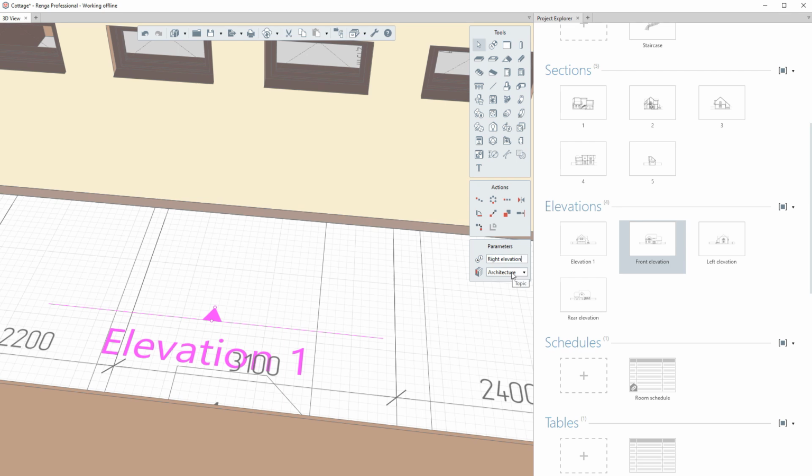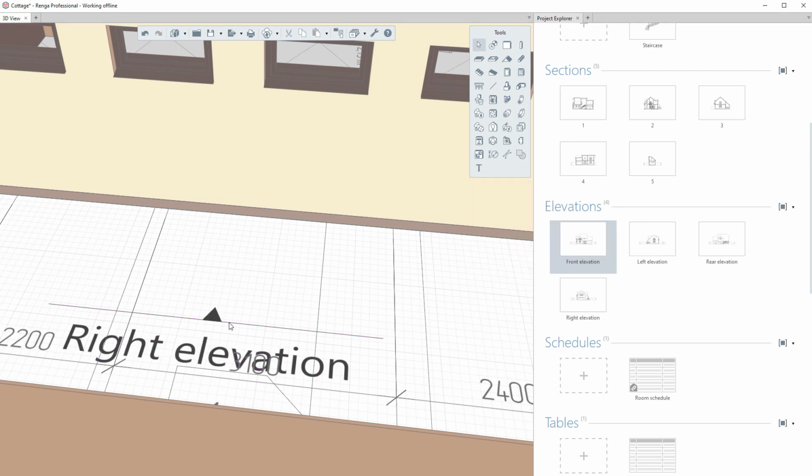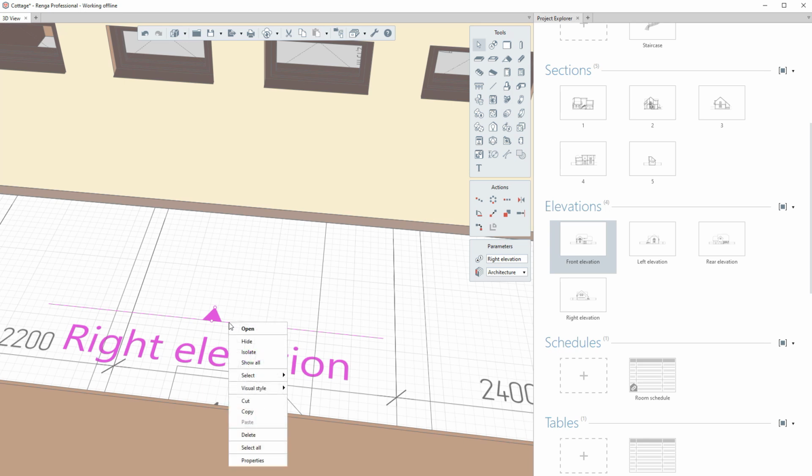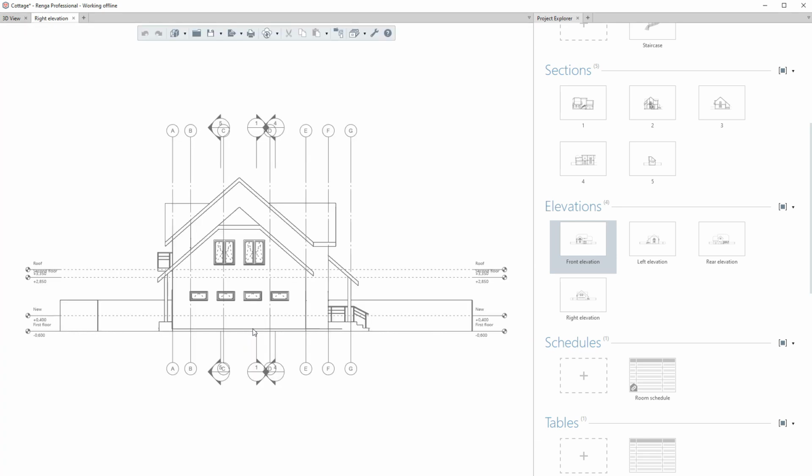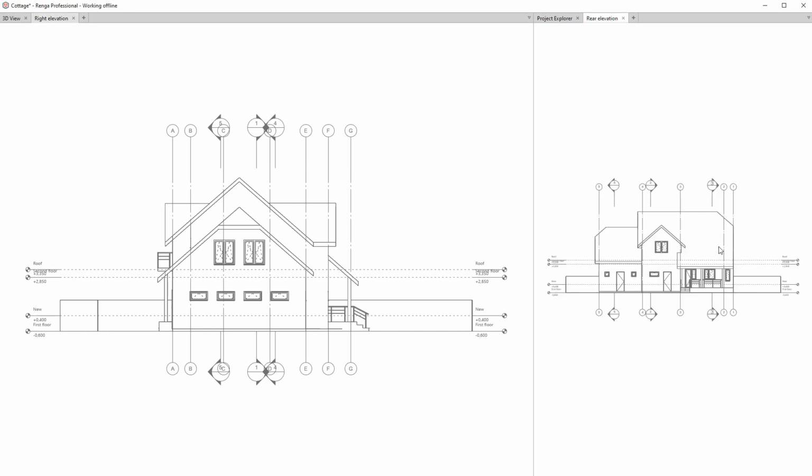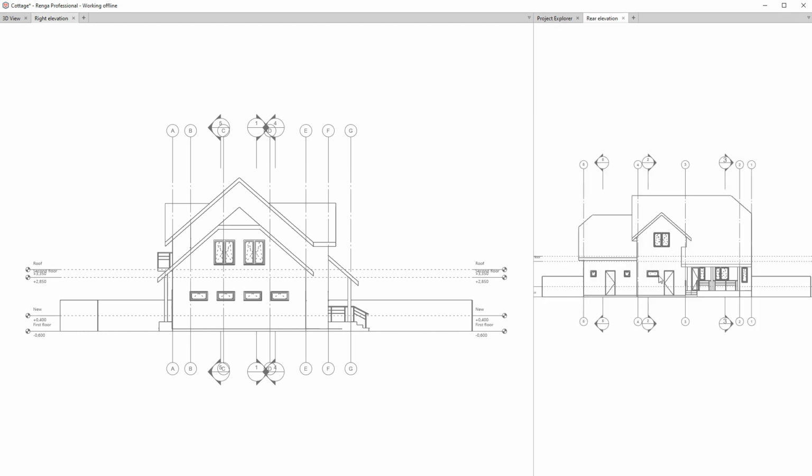In order to see an elevation view, do the following. Right-click the elevation designation. On the shortcut menu, click Open. You may also go to the elevation view through the Project Explorer. This is the end of the lesson. Quick Start. Part 4.1. Project Explorer, Levels, Sections, Elevations. To learn more, watch the video Quick Start. Part 4.2. Project Explorer, Assembly Styles, Schedules, Tables, Engineering Systems tabs, Drawings.